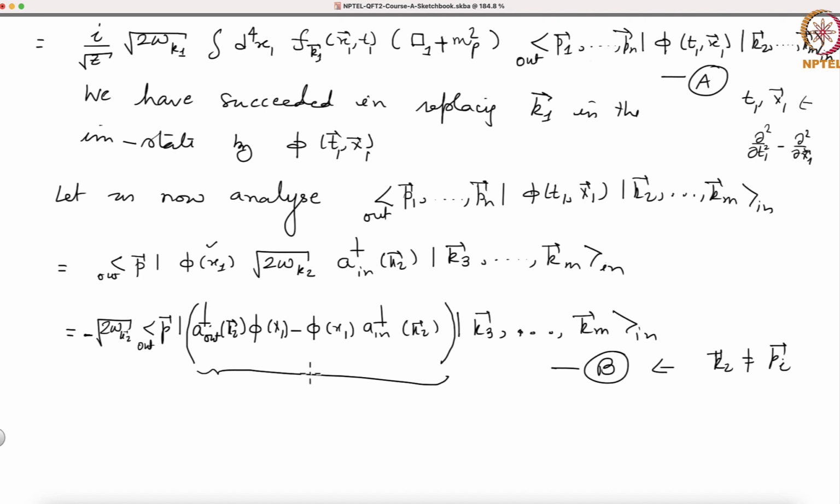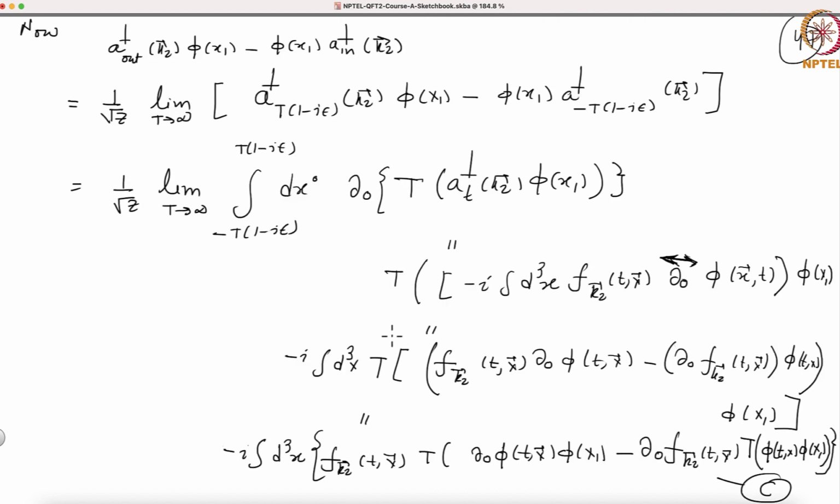So now I am looking at only this factor. This gives you 1 over square root of z, as I said before, because now you are converting a dagger out and a dagger in terms of a dagger of t and a dagger of minus t. So you get 1 over root z,